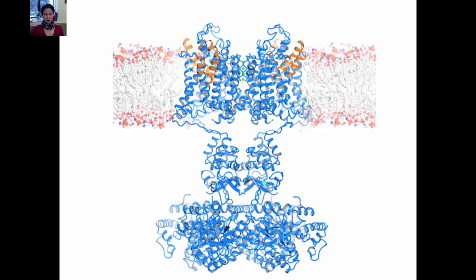So here's a crystal structure of a potassium channel in blue, embedded in a cellular membrane. It's a phospholipid membrane that has polar head groups on the outside and the inside of the membrane, and the core of the membrane is a hydrophobic fatty acid tail core. So if a polar ion or a polar molecule wanted to pass through this membrane, there's a